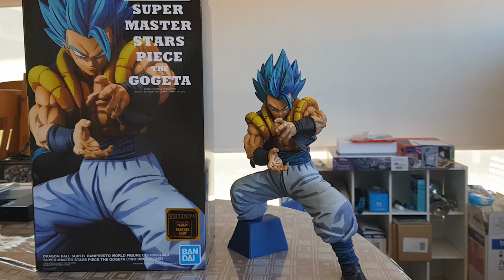So yeah, I strongly recommend that one if you're missing a Gogeta in your collection and you'd really like one that pops and looks like it jumped straight out of the manga or the anime,